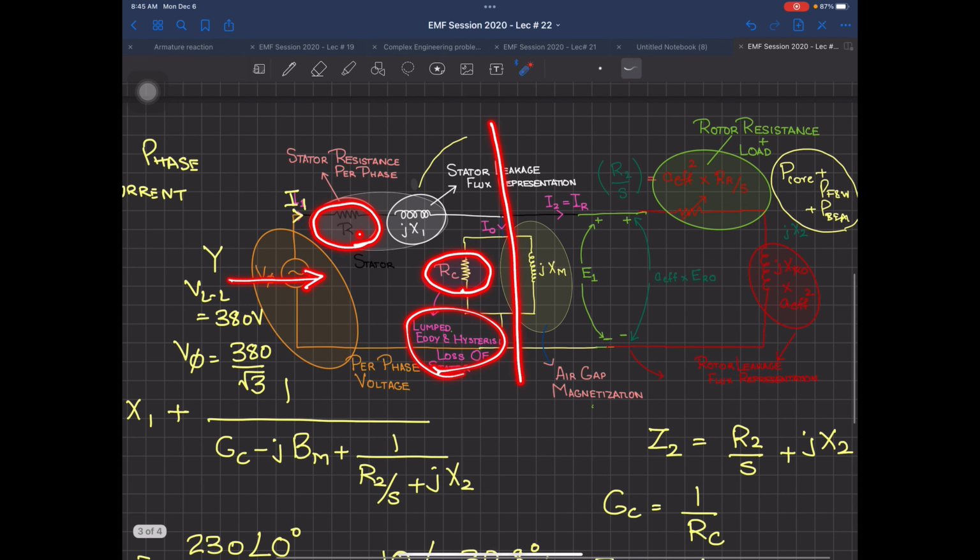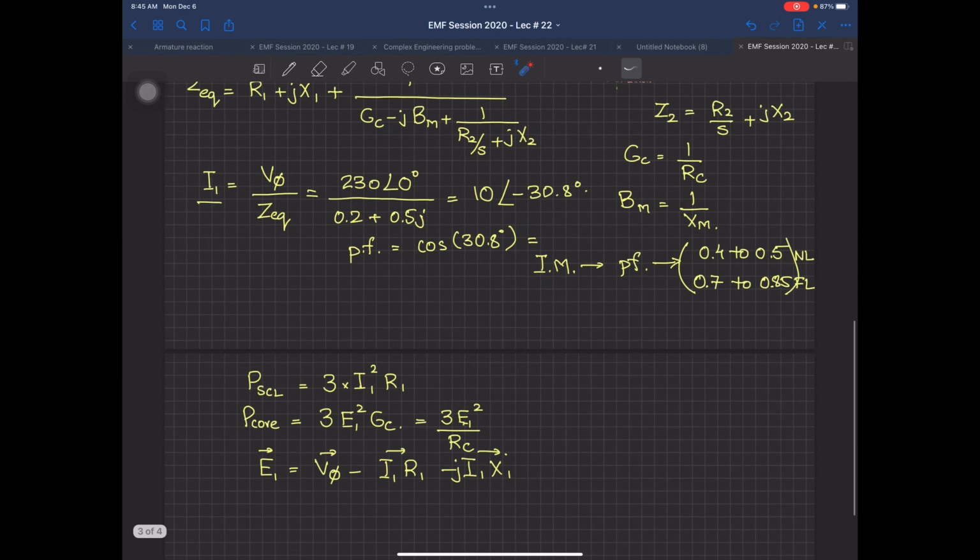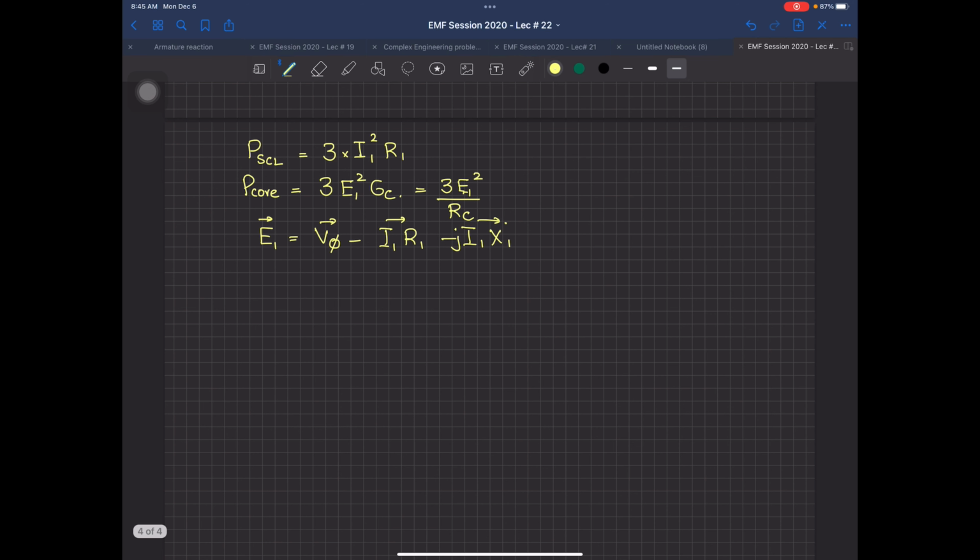So now the power which is going to enter this line on the right hand side, as I told you, is going to be called air gap power. So now we can easily find out your air gap power, PAG, and this air gap power is going to be equal to certainly some input power, which we have still not calculated. I will give you the formula just now. Minus stator copper losses minus P core losses over here.